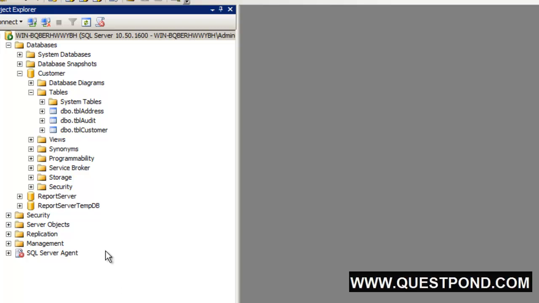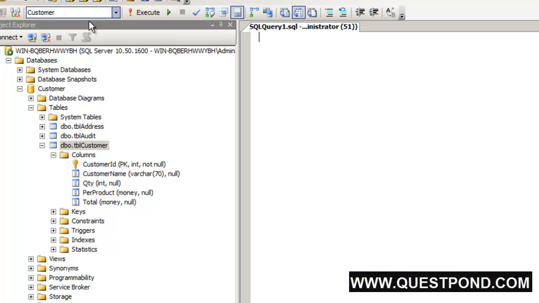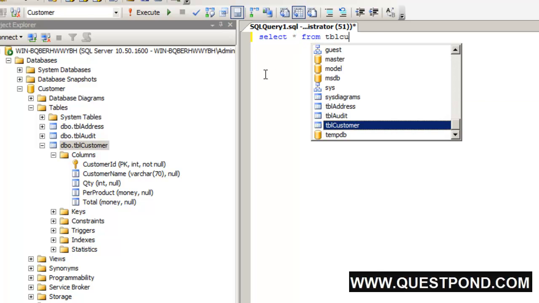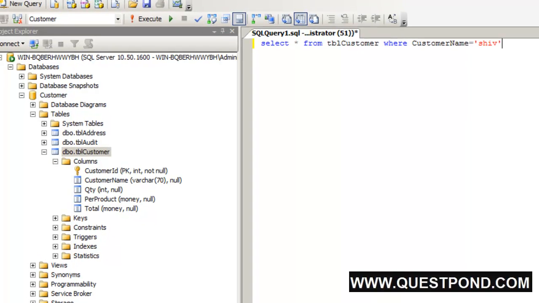You can see over here I have a simple table called TBL customer. And this TBL customer has 2 or 3 columns here: customer ID, customer name, quantity, per product, and total. So let me create a simple query here. I'm going to click on this new query menu, and let's type a simple query here: select star from TBL customer where, let's say, customer name is equal to Shiv. Right. Now, in order to check whether this SQL statement uses the cache or not,